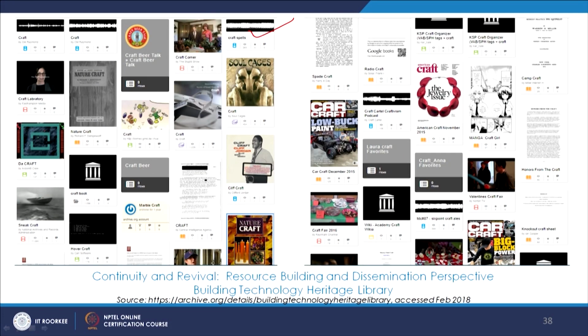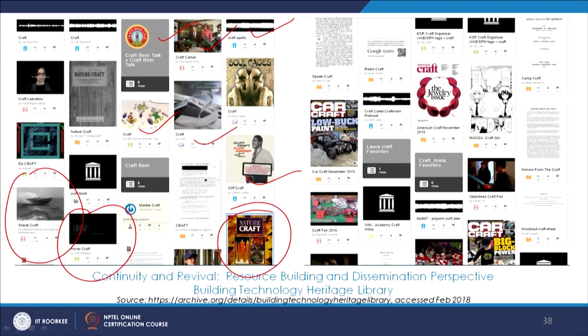Again, talking about craft itself, it has several documents which focus on the craft here as well, the jewelry and other things. So this repository is there, and you could always look into the details, because right now I'm just mentioning, very visually and in an overview, what all resources are available.